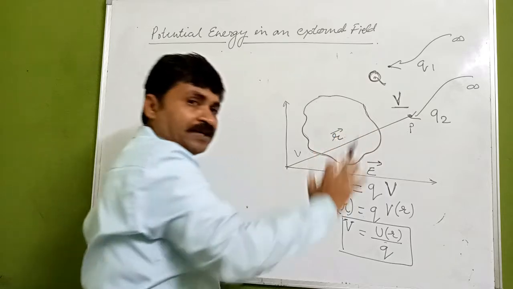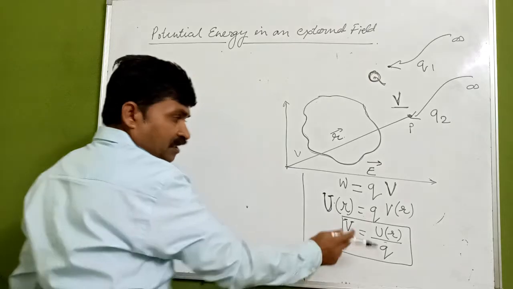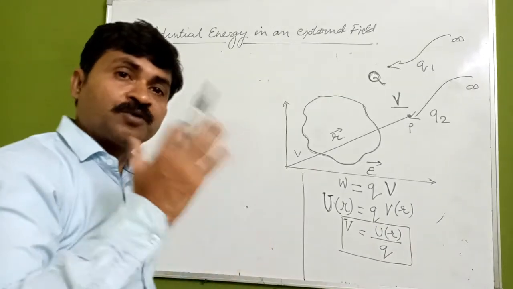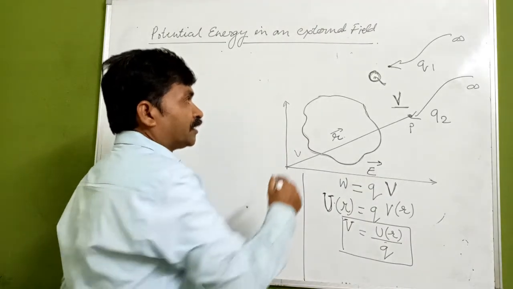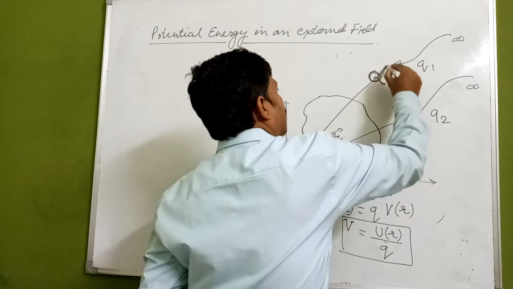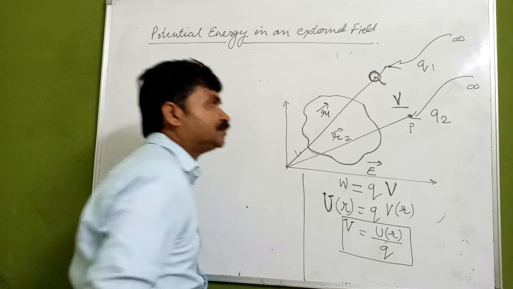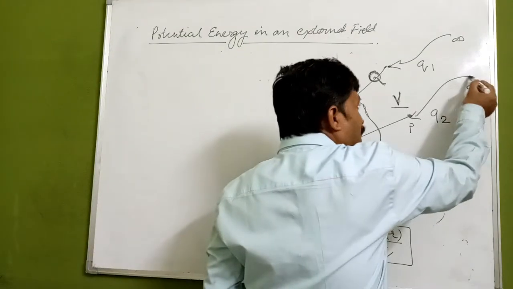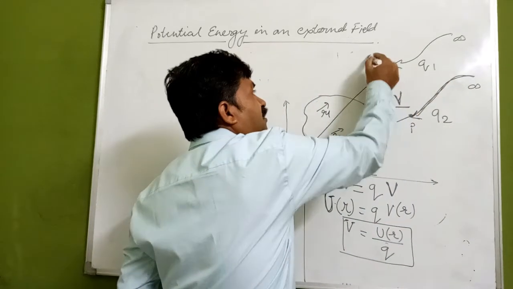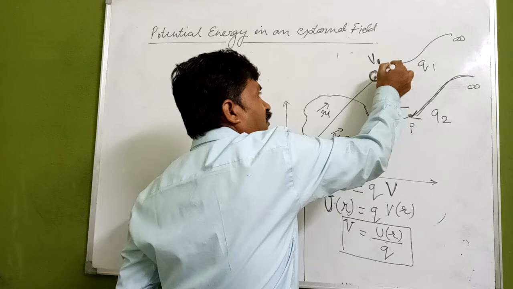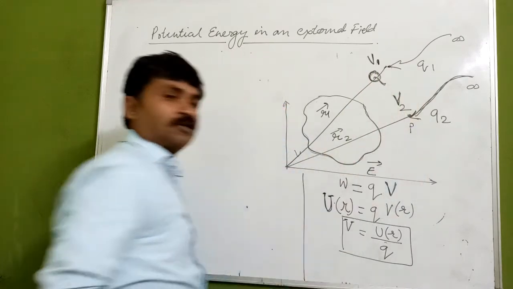Now we are taking another assumption here. We have finished with this. Here we have got that the electric potential is equal to the potential energy for a unit positive charge. Now we have assumed the distance, which I am calling position vector R1. Now this is a position vector R2. If we are bringing this charge from infinity to this point, we need to do some work. Because of this charge we have electric potential V1, and here we are going to have the electric potential V2.